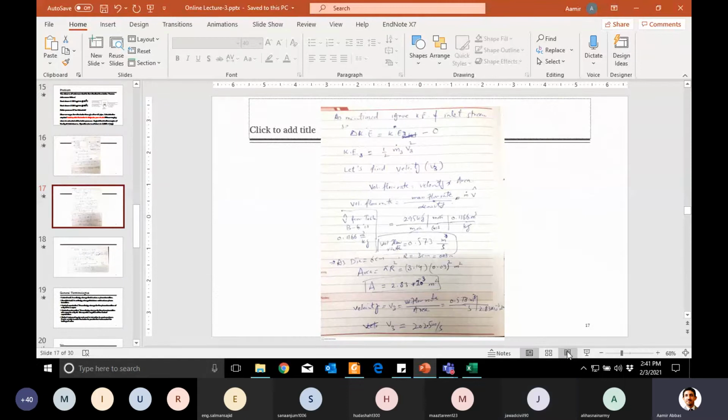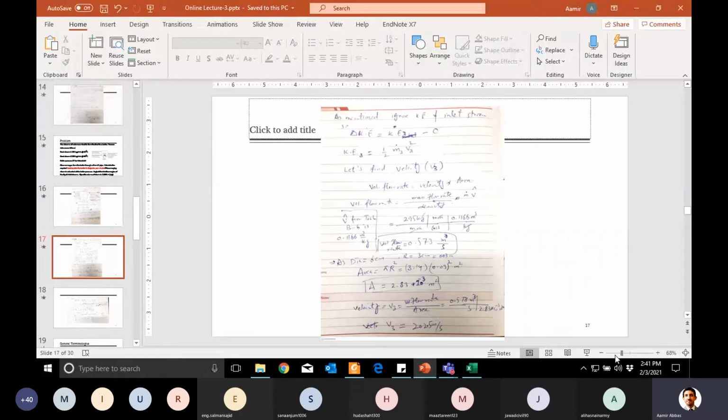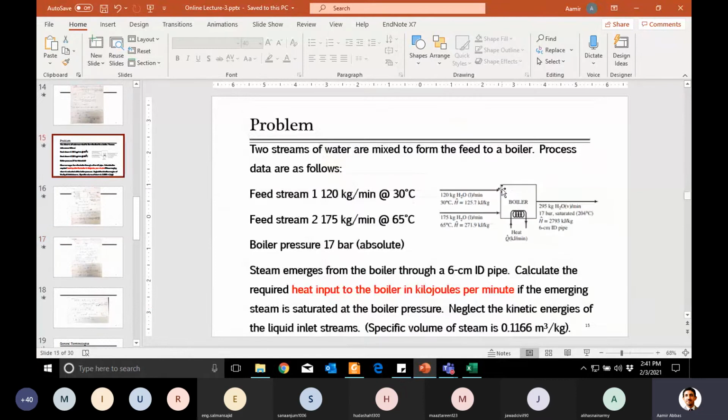But the thing, Jawad, here, yes, you are right, we can use density of water, but this is not water, this is steam, which is at high pressure. And you know that when water changes from liquid to vapor, I think you have studied this recently in thermodynamics, definitely, their properties change a lot. You can't use that simple density value. Yes, if you want to use it for the water streams, inlet stream, that's somehow okay. There is not much change in the density of water from 1 to 100 at 180 atm pressure. But if you change these pressures and temperatures, there is a huge change, and the general value is not valid.